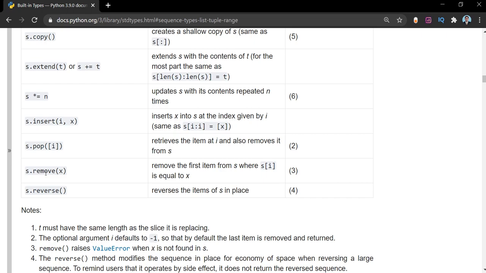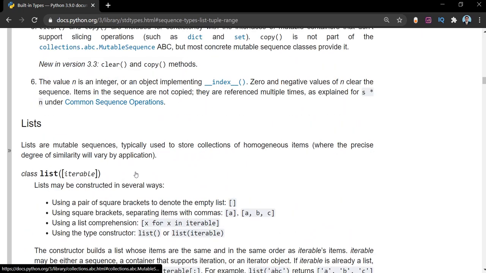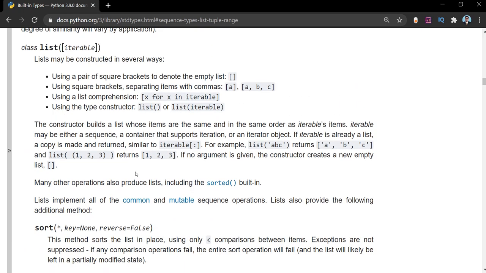Popping out is also possible. We can remove a particular item in the list by specifying its value. And we can even reverse the items of the sequence s. They have taken the name as s, so we can do that as well. These are the many operations that we can perform on a list.